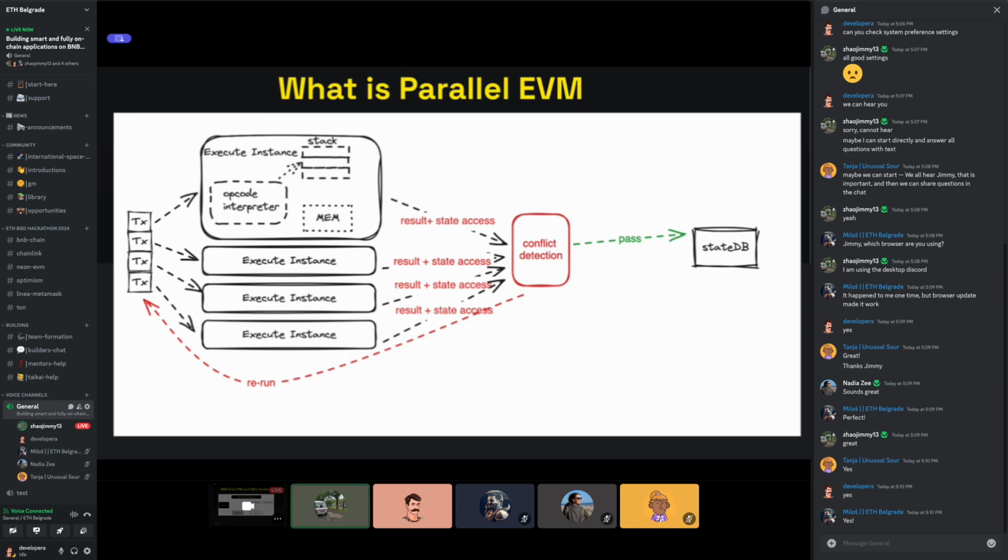But parallel execution is difficult to implement because not all transactions can be run without a conflict. There must be a conflict detection mechanism before the transaction result is passed to the state DB.